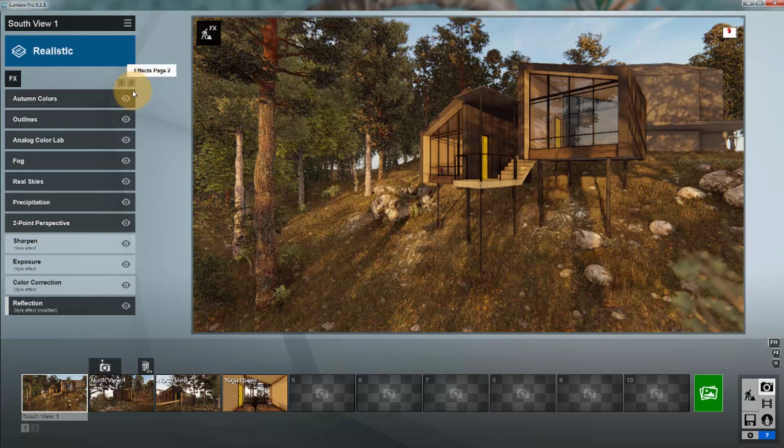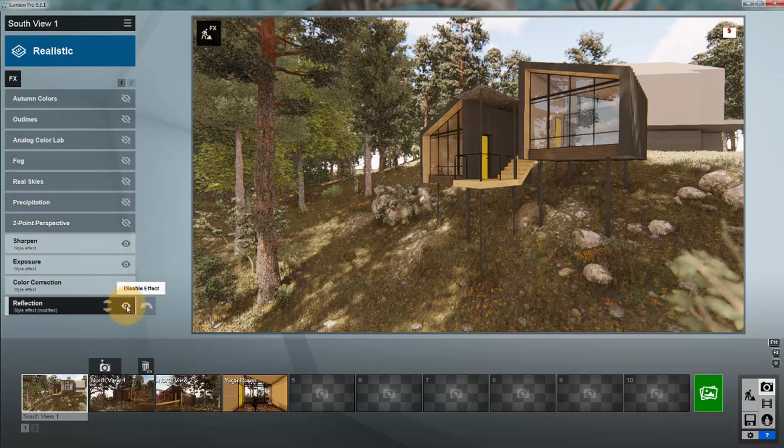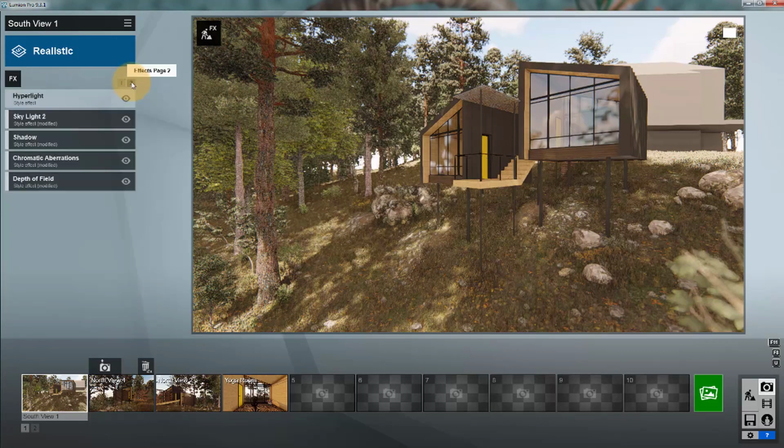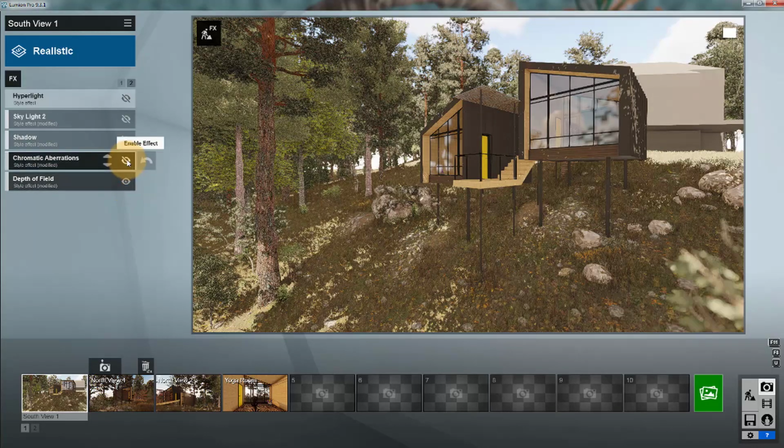So what I wanted to do real quickly is show you, if I was to turn all of these effects off and then turn them back on and roll forward, you're going to see how dramatic the change is. Okay, so I just rolled all the effects off. Here's your default view. So as I turn these effects on, depth of field, not too much change there, but